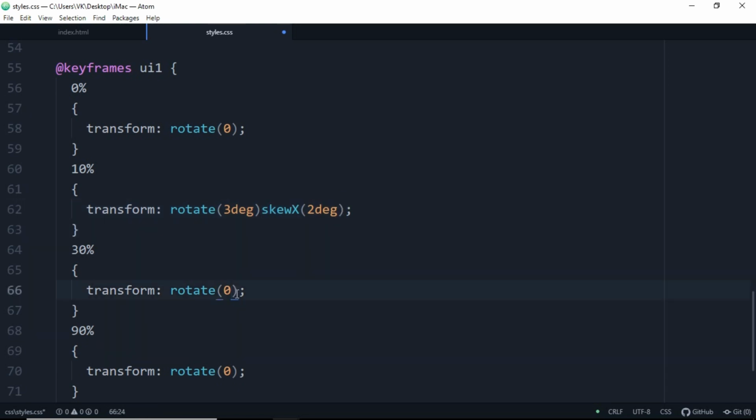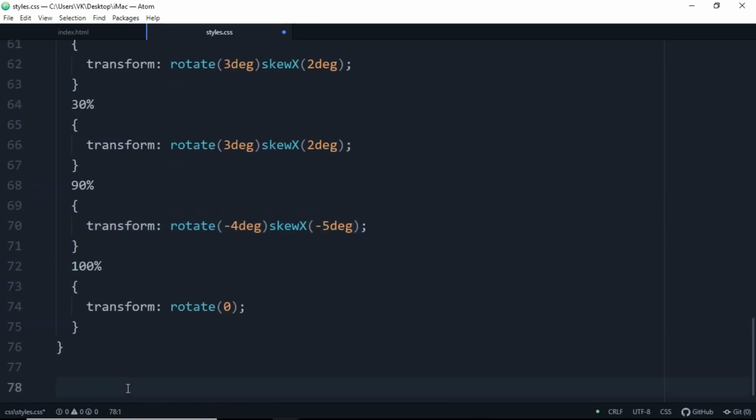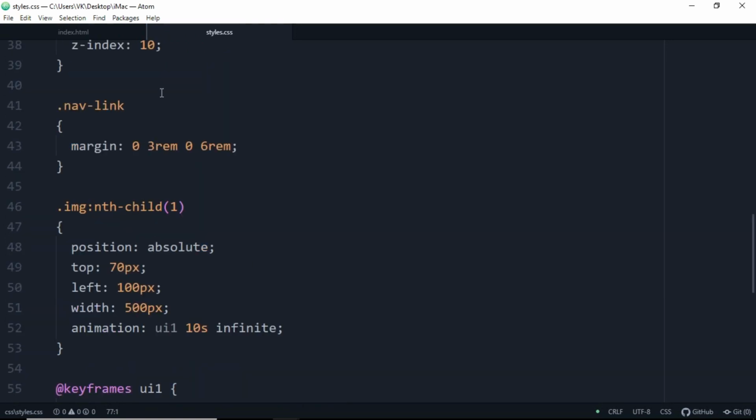Copy this out, paste it here. So at 30%, we're gonna rotate that 3 degree and skewX, let's keep it same. Let's copy this out and paste it for 90%. Make the rotation to minus 4 degree, and skewX will be, let's keep it minus 5 degree. Okay, so we are done with the UI1 animation,